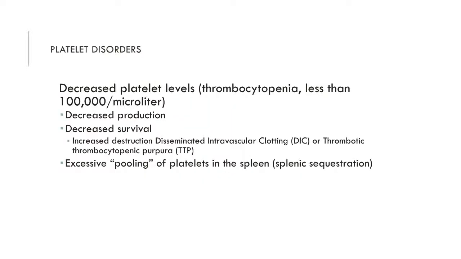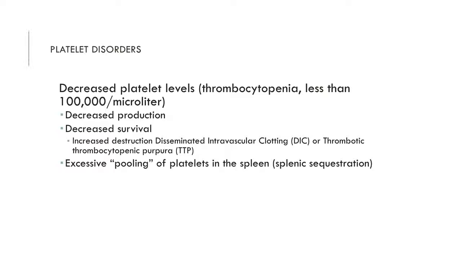On the opposite end of the spectrum, some of the platelet disorders we have are related to decreased platelet levels. We call that thrombocytopenia. Remember, platelets are thrombocytes. We define thrombocytopenia as being less than 100,000 platelets per microliter of blood. This can be caused by decreased platelet production or decreased survival. In one case, it can also even be caused by increased destruction by something known as disseminated intravascular clotting, or